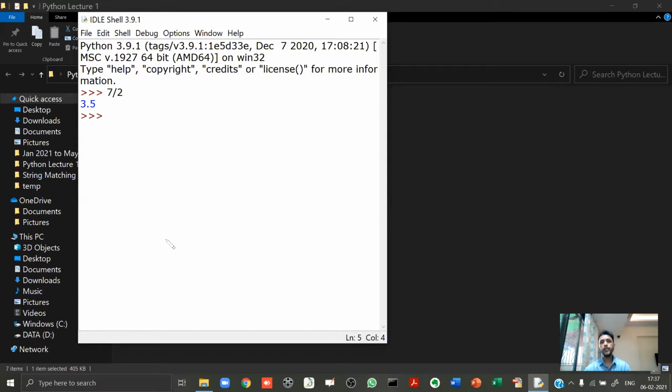If you cannot keep the shell and the zoom screen in front of you at the same time, then no problem. For the next 2 minutes, you can just listen to me while your shell is open in front of you. Now in your shell, you can type 7//2. See what the answer is in case you're doing this practically. When you do 7//2, what answer do you get?